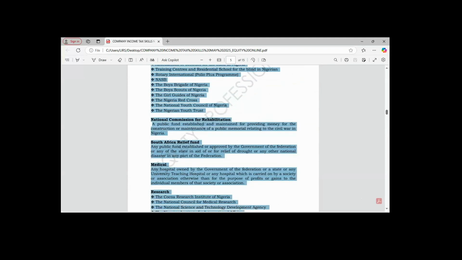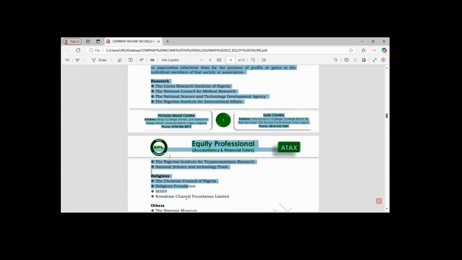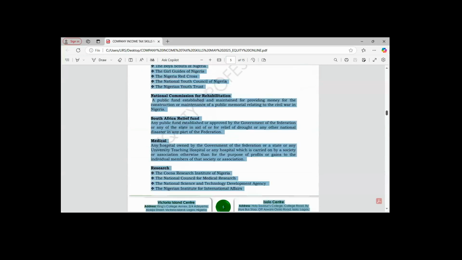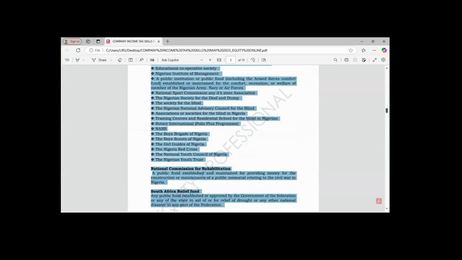So please, I will urge us to look at those bodies. We have the various bodies to which your donations are expected to be made. But for each of these bodies, there is the one that relates to our institute, which is ICAN. The allowable donation is donation made to ICAN Building Fund. Please, that word building fund must be